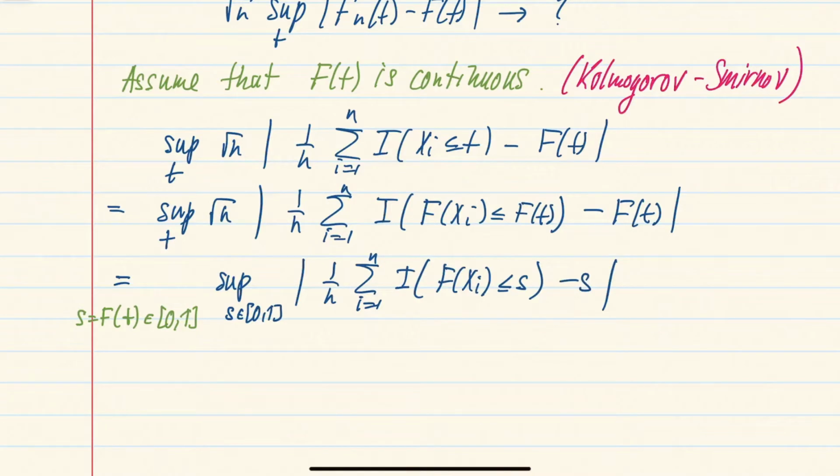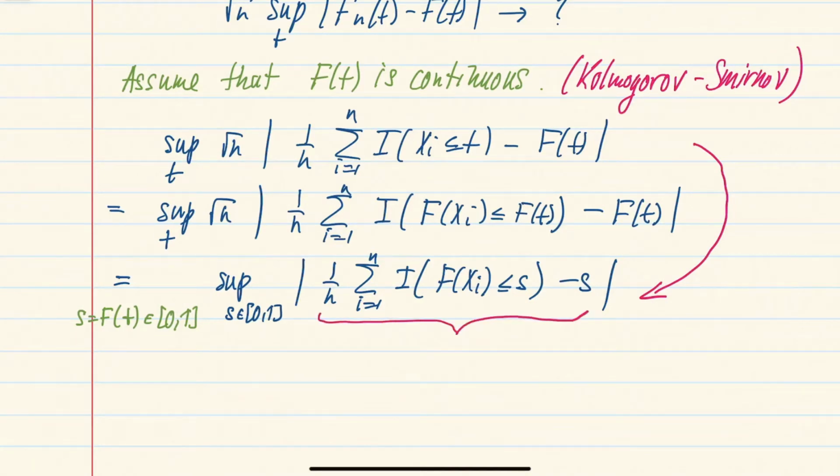Okay, and because f is continuous, f of t will take all values in between 0 and 1. Now, you can see a little bit more directly, without really thinking about this middle step, that you can go directly from the first to the last equation here. Okay, and the reason for this is if you consider